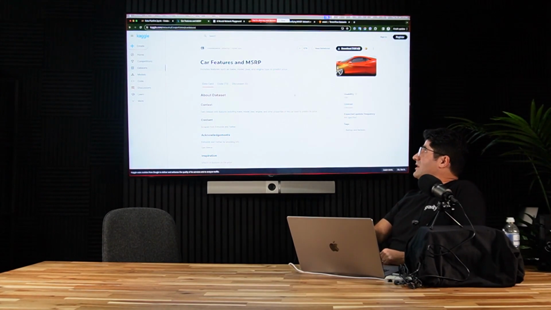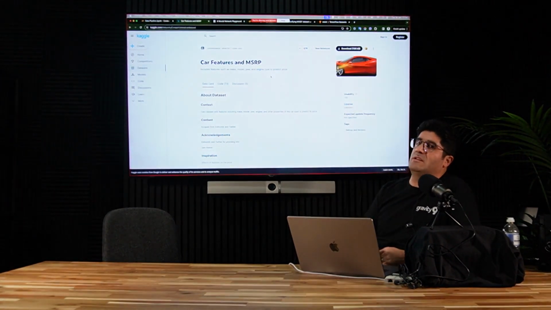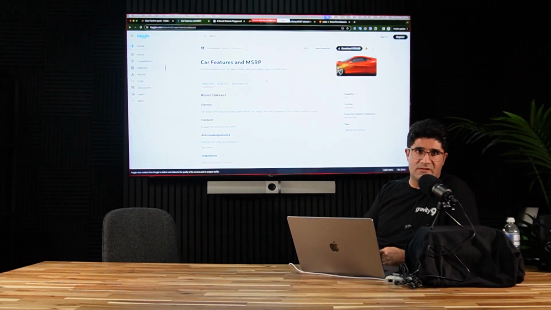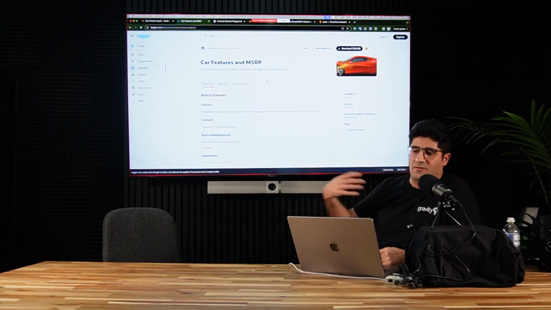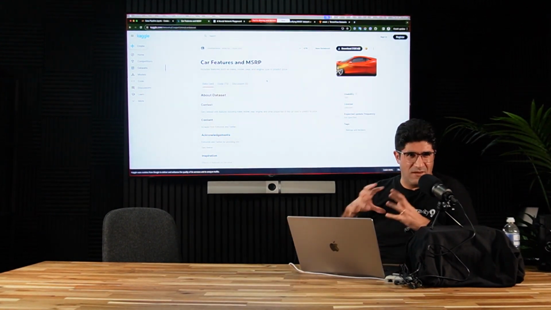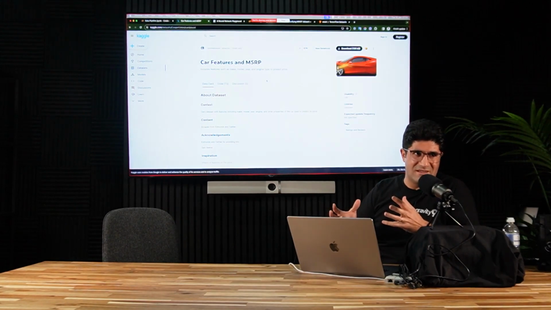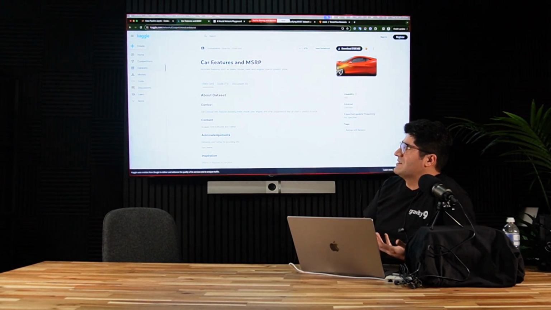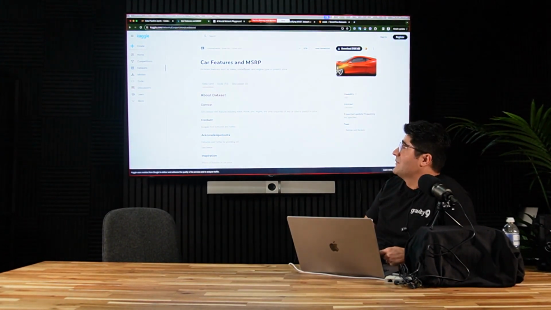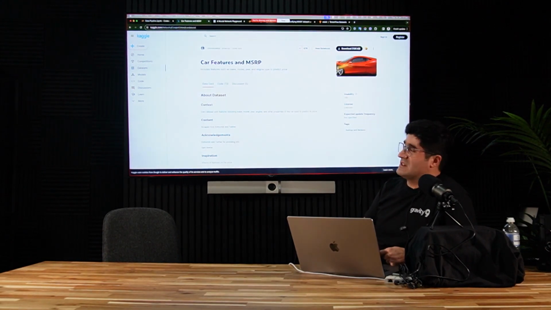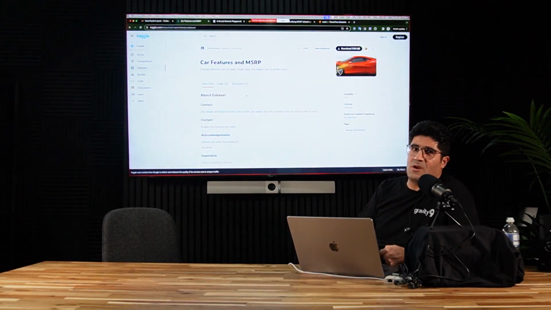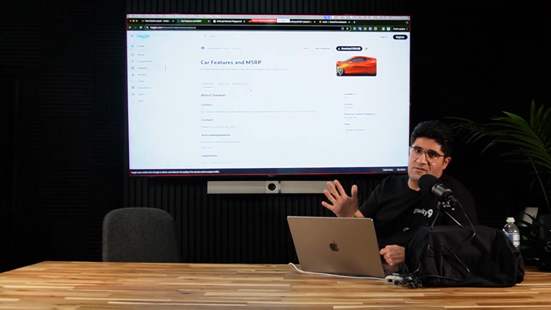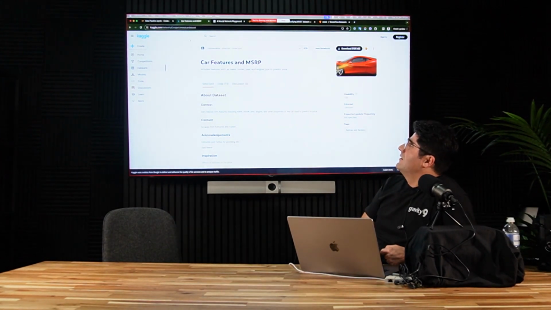At the beginning, let's look at the data set. Kaggle is a website where you can find lots of data sets, or open source data sets. If you want to find some data to play with and maybe create a sample AI model, you can use Kaggle. This one is very simple: car features and MSRP. It is a data set that contains information about different cars, and we will use it to predict the price of a car. Okay, let's go back to the code.